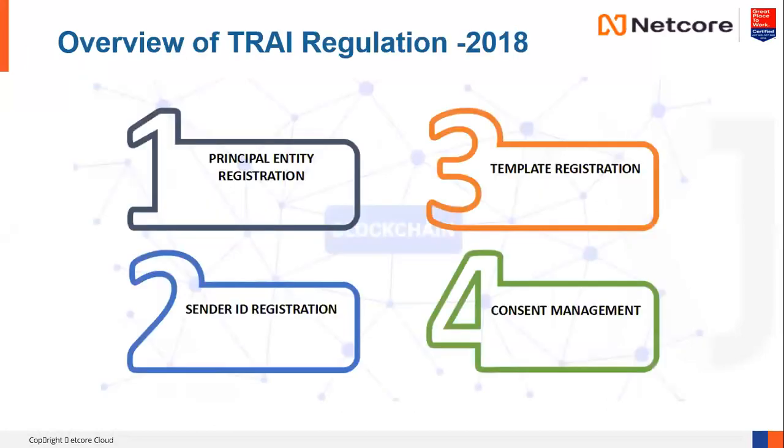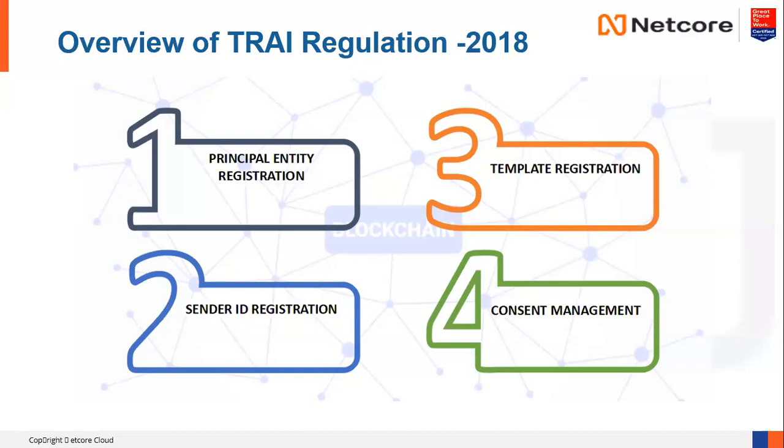So moving to the overview of the TRAI regulation 2018. TRAI, Telecom Regulatory Authority of India, in its continuous endeavor to create a cleaner and transparent system in the Indian telecom industry, had released the regulation in July 2018 to curb unsolicited commercial communication and enhance mobile subscriber privacy. The regulation is intended to eliminate spam and fraud, which have been a concern for many years in the industry. The regulation has mandated the use of blockchain technology, which is well known as distributed ledger technology. We call it DLT, to implement